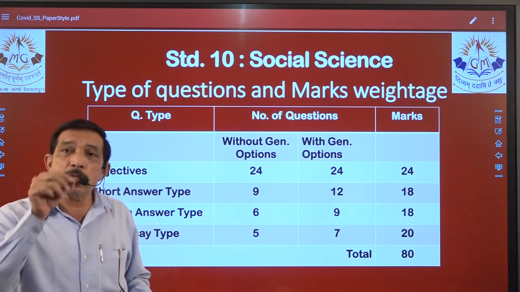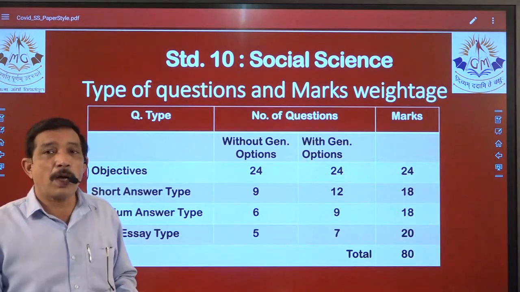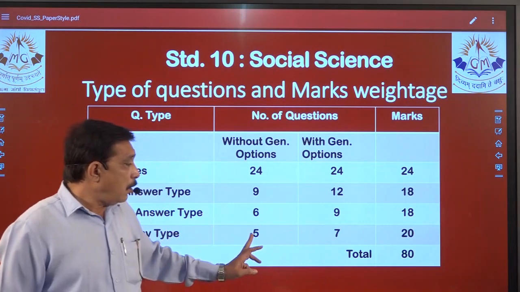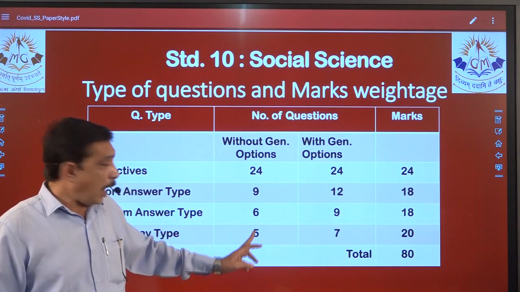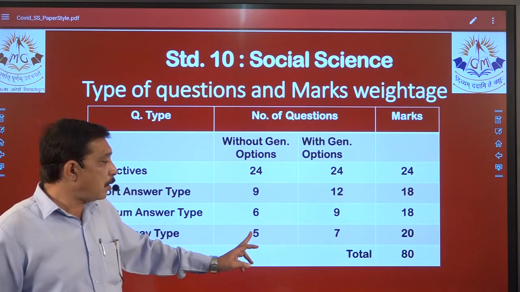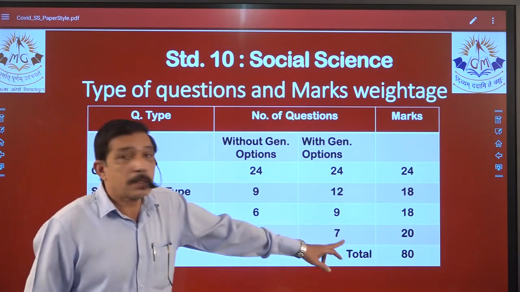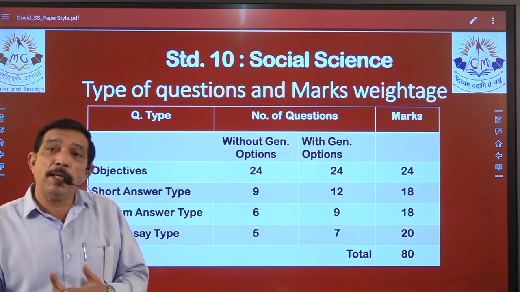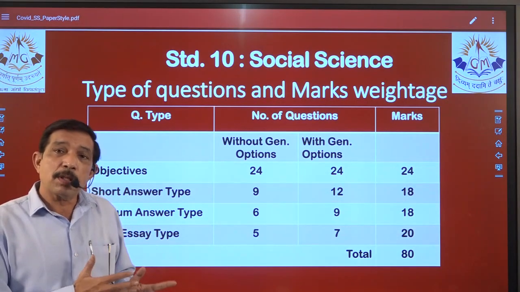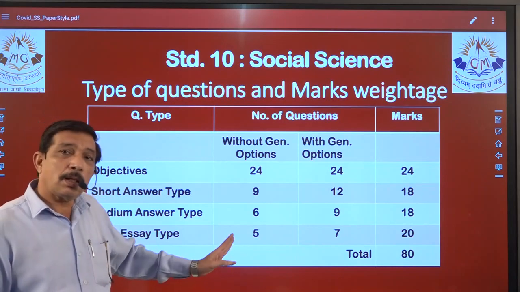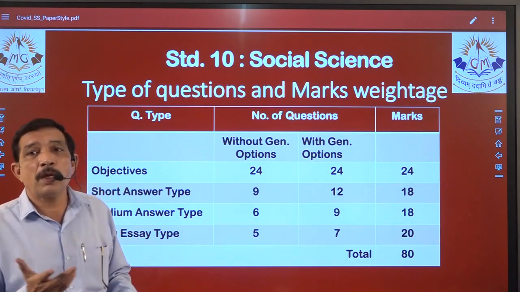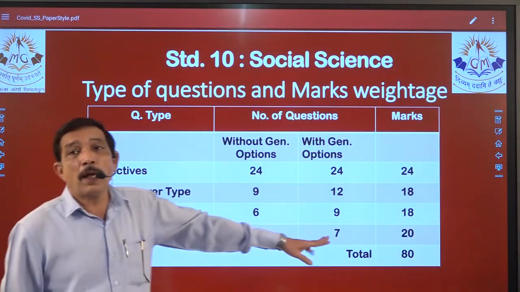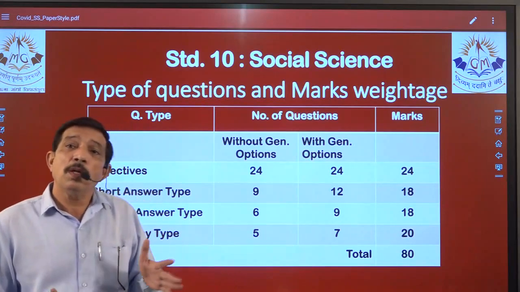You have to mark 4 things in the map, 1 mark each, so 4 marks. So a total of 20 marks over there. Now you have map marking compulsory, out of that, right? So if you minus that, you have still 4 questions, but 7 options are given, right? 7 options are given. That means there will be 5 compulsory plus 2. 5 compulsory are there, 4 marks question, that is 16 plus 1, that is 20, right? So you have a broader option over here also.